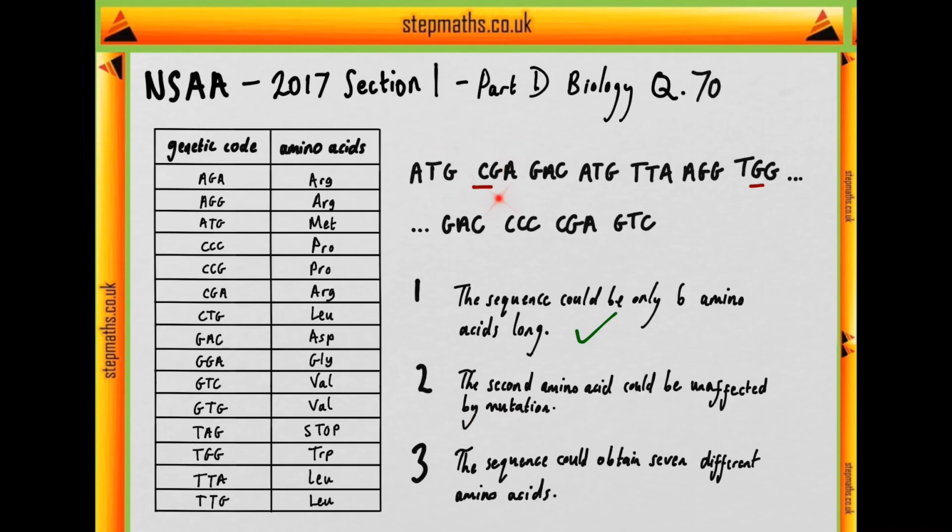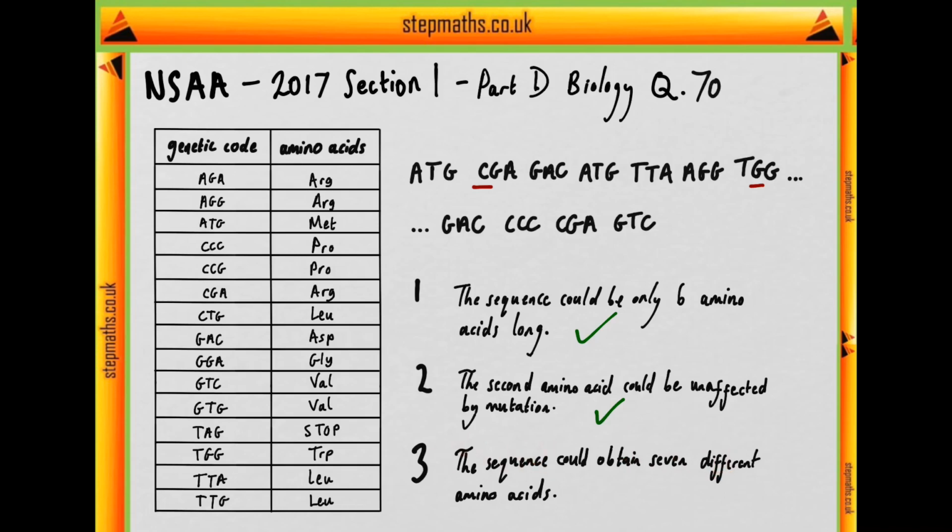Well, we know that the mutation has taken place, but given the genetic table we can see that CGA encodes ARG, but the same can be said for AGA, which also encodes ARG, so if the C were to mutate into an A, which it may well do, then there would be no change to the overall protein sequence, amino acid sequence, or the protein as a whole. So we can say that's also potentially true, and we can say for 3, the sequence could obtain 7 different